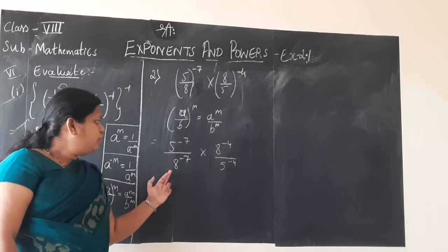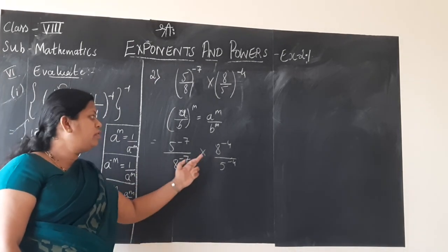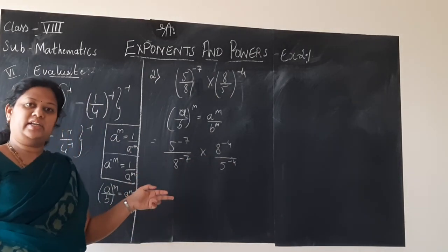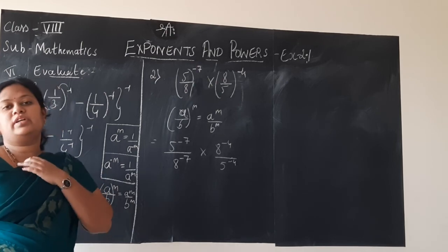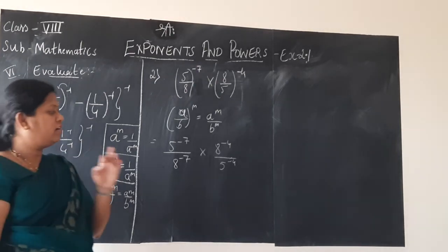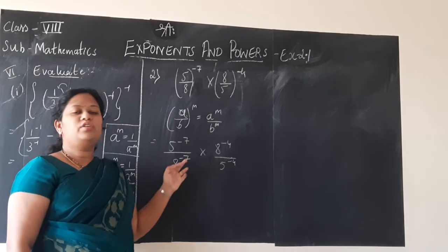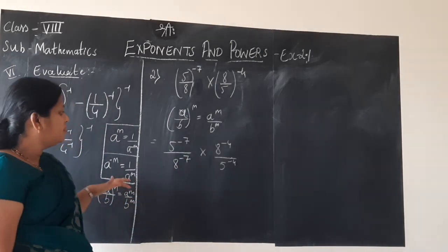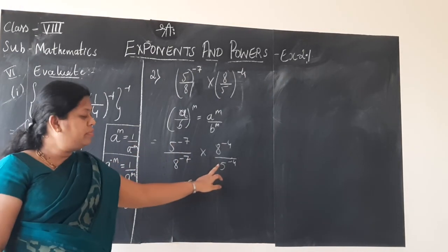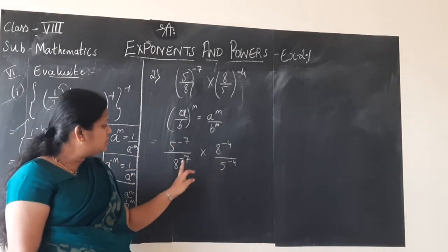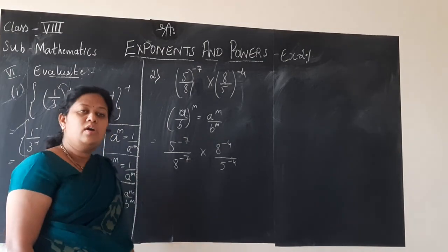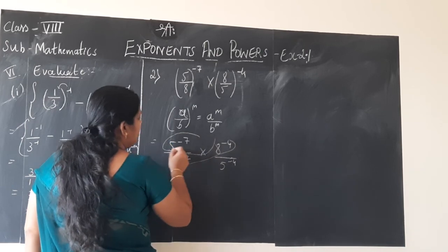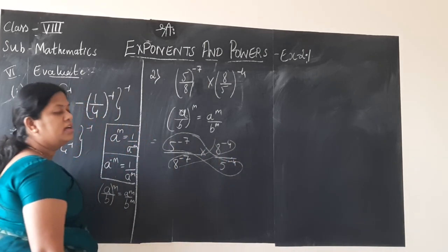Here, you may be thinking that now we have to reduce 8 into its simplest form of multiples and write. If you have thought like that, yes, you are right. But I am not doing that step in this problem. Why do you think, children? It is because if you observe, these two base values are the same and these two base values are the same, isn't it? When so, you can group them. I am happily grouping them.